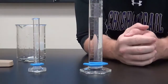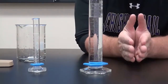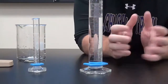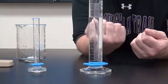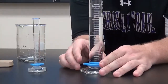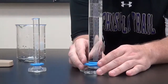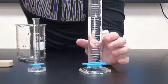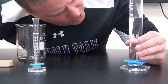Now, when you did your unit introduction, one of the things that I had you do was look at and read the measurements on a graduated cylinder, because I know that you've done that before in science classes, and you've talked about looking at that meniscus. This graduated cylinder here is fairly good size, so we're not going to have a very large meniscus. We want to get down at the level of the graduated cylinder to figure out how much water is in this graduated cylinder. And when I do that,